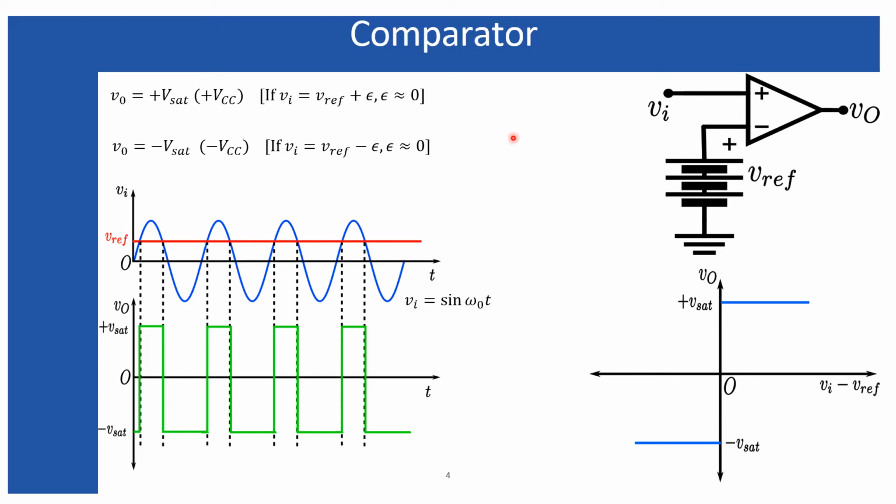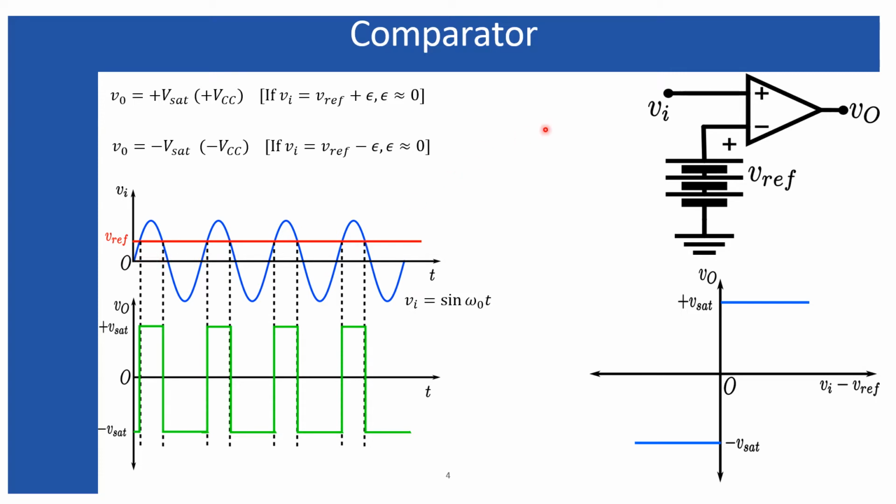Now let's consider that Vi is a sinusoidal voltage, and this is the V reference, and here I am considering the peak value of this input sinusoidal voltage is greater than the V reference. Now instead of the 0 reference voltage, I am considering V reference to be a positive value. Therefore this is the input voltage Vi, it is oscillating, and V reference, which is less than the peak amplitude of the input voltage. So that is why I'm assuming it somewhere in between over here. This reference voltage is a DC voltage.